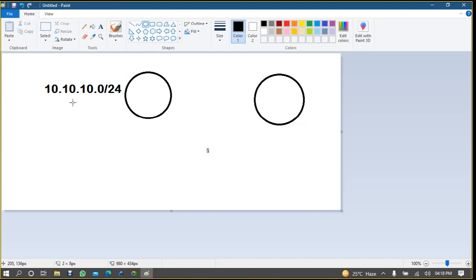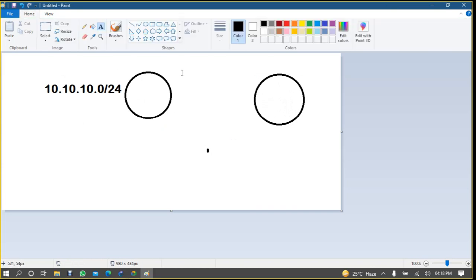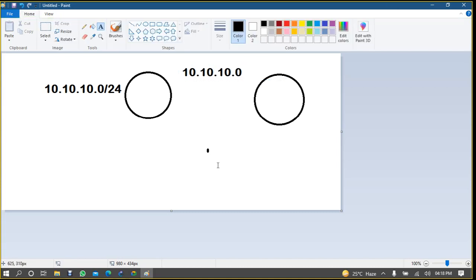But when this router is advertising this network information to the neighbor, it will advertise like this: 10.10.10.0, no subnet mask.